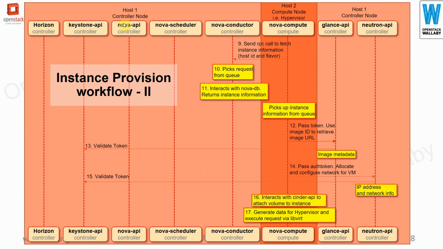Then what happens after that is Nova compute will send an RPC call to fetch the instance information, host ID and the flavor from Nova conductor, which is running on the controller. So Nova conductor will pick up the request from the queue. Step number 11 will be it interacts with Nova DB. It will return the instance information, and then Nova compute will pick up the instance information from the queue,